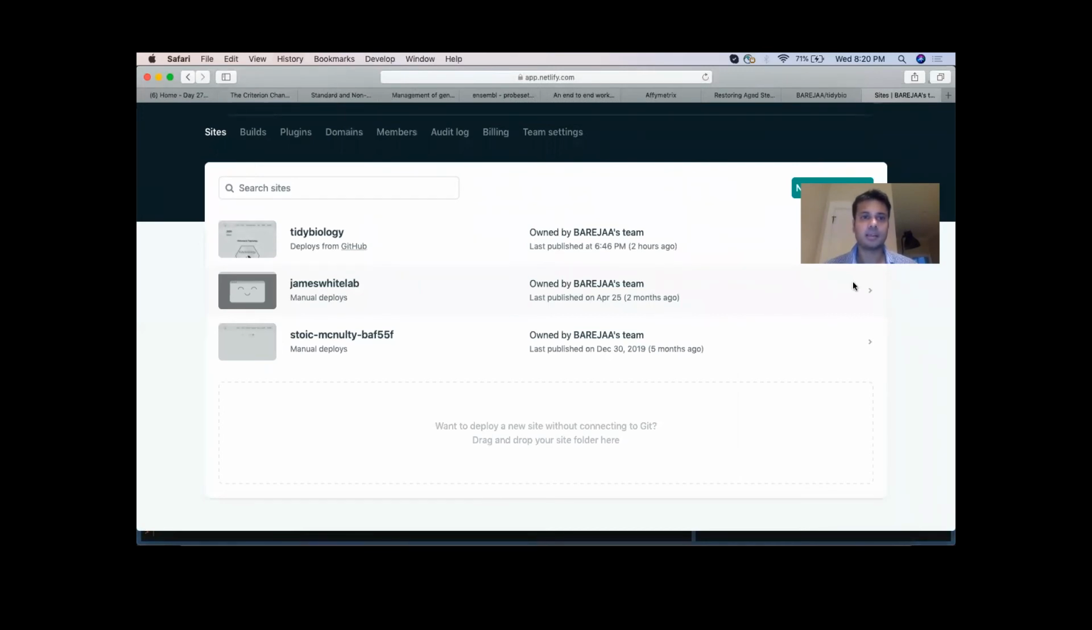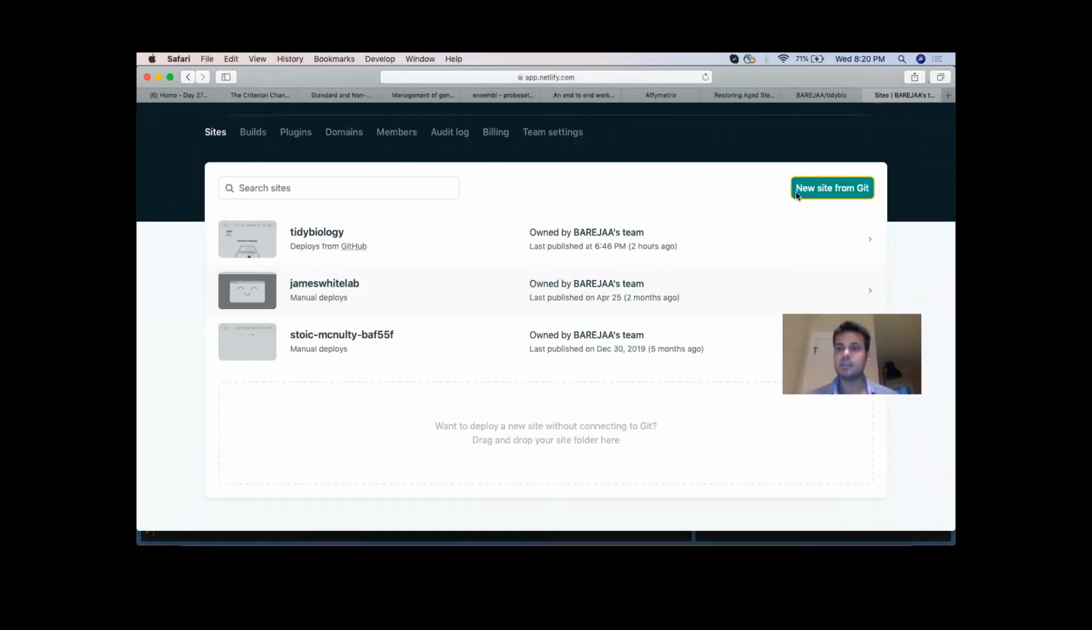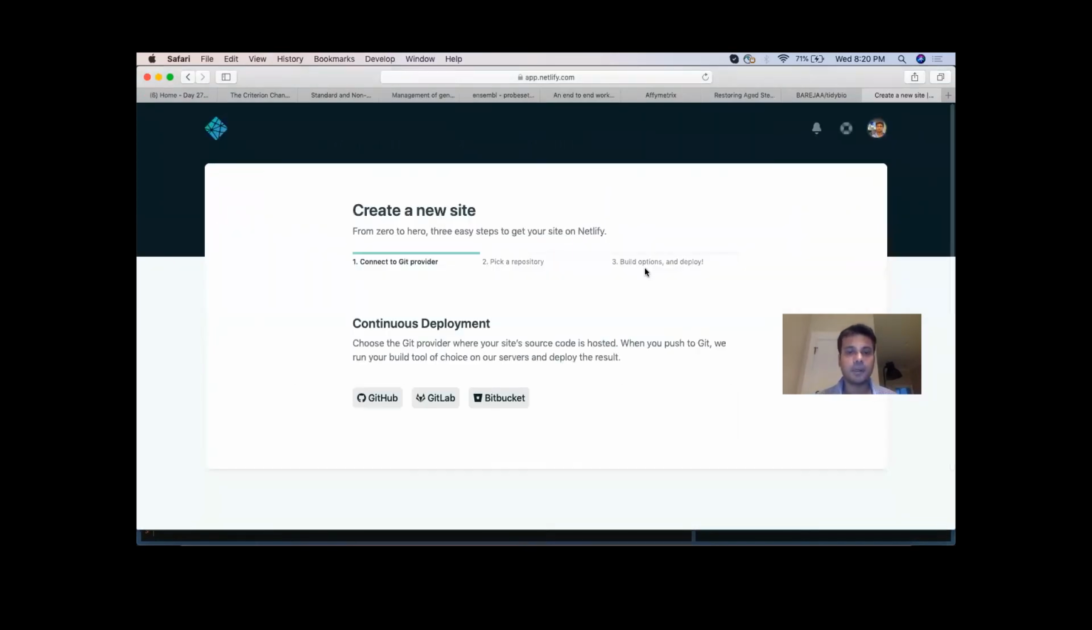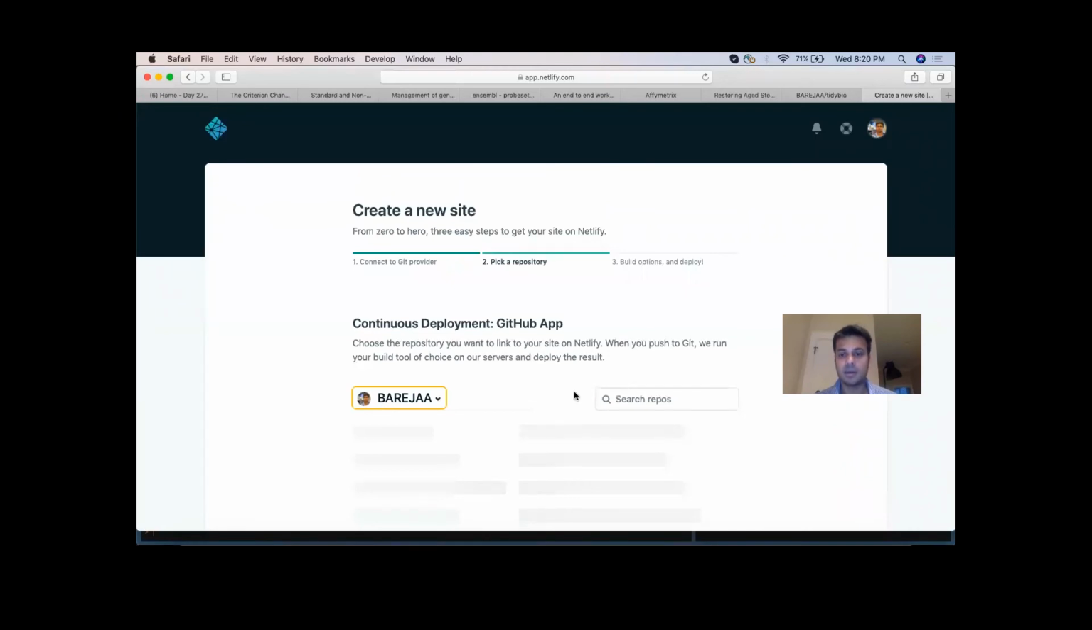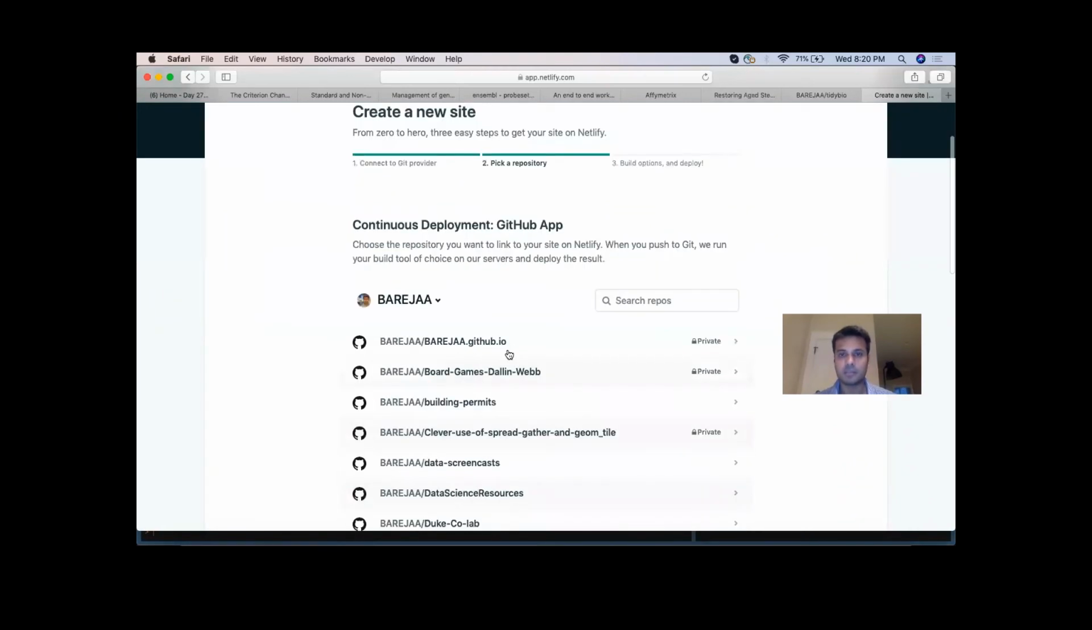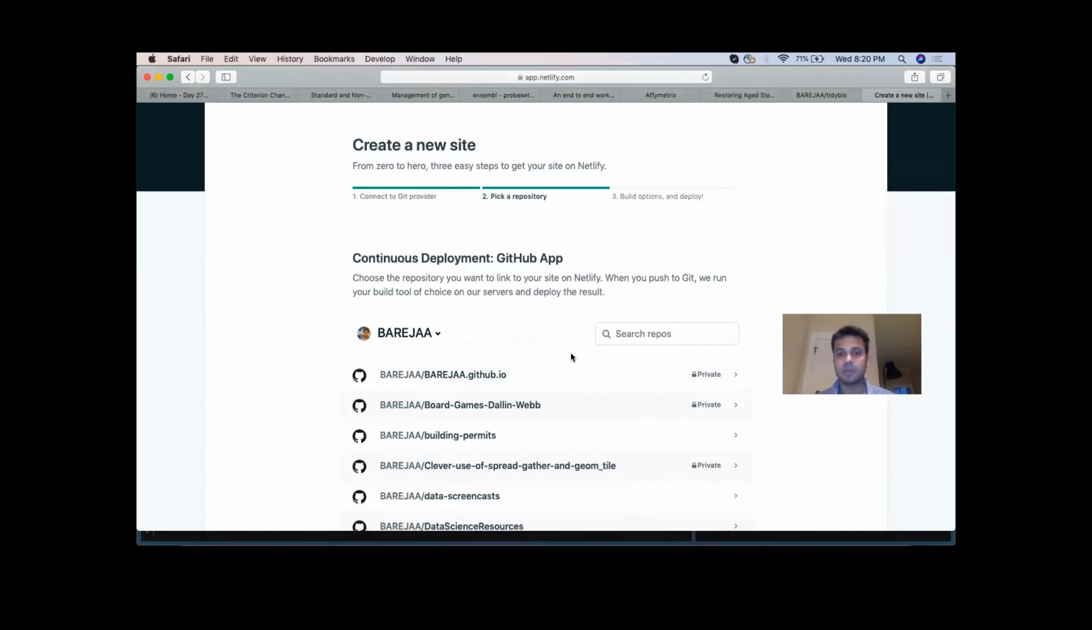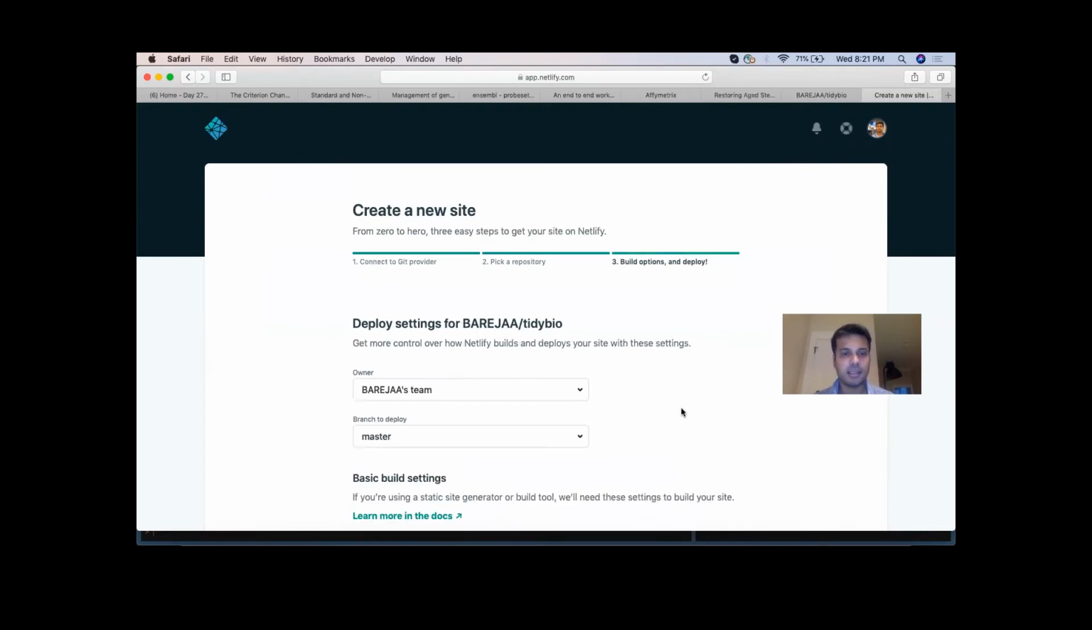So we go back into Netlify, and we click on this new site from Git button. And Netlify allows you to sync with various Git providers, so GitLab. I know GitLab is favored by Duke. It's GitLab, Bitbucket, and we're using GitHub. So it's already been authorized. I've given it access to all my repos. So we will look for the one we just made today, Tiddybio. There it is. Click on that,